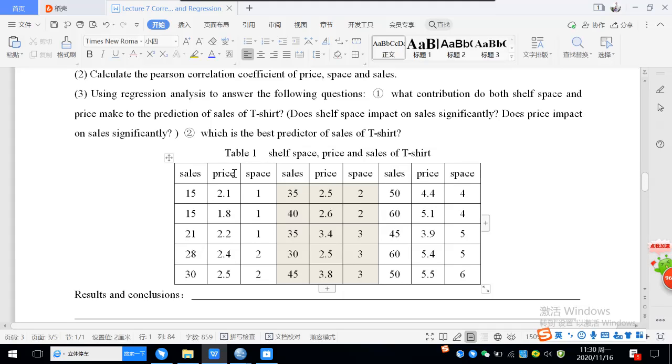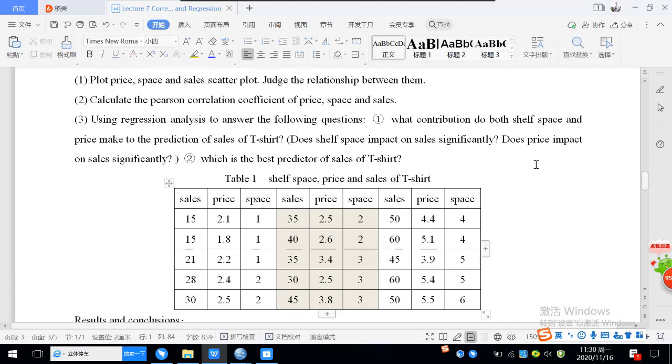And what's the relationship among them? We want to find a predictor. Yes, we want to use the price and space to predict sales. That's the question. Okay, so